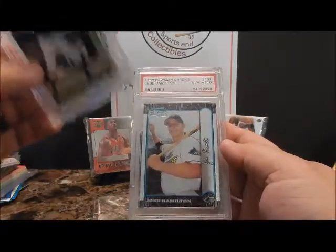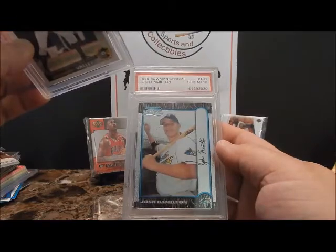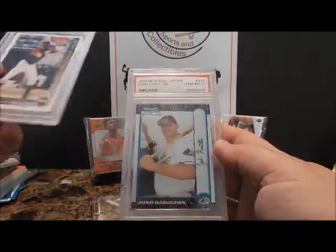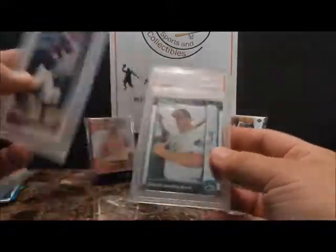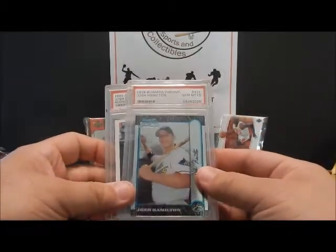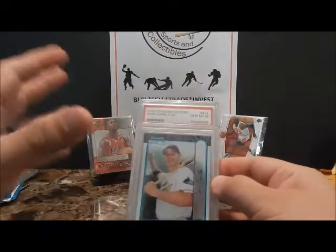Incredible eye for the ball, incredible power. A lot of people remember him for the 2012 All-Star Game Home Run Derby, where he just kept hitting them out of the park. He just had too many stints with addiction to drugs and alcohol. But in my opinion, he was still a great player, and somebody that I'm rooting for to come back, at least maybe